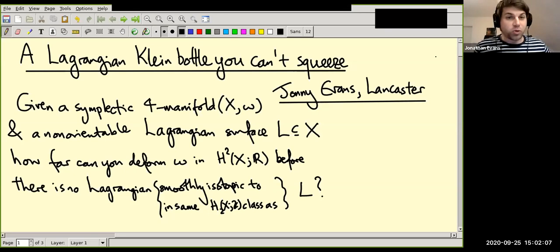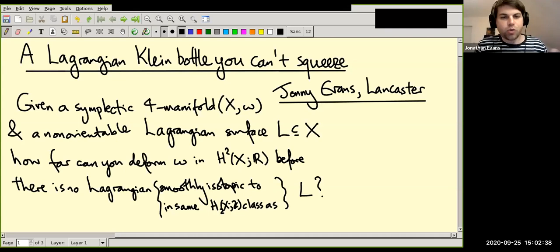So yeah, I want to talk about a Lagrangian Klein bottle that you can't squeeze. Let me explain the motivating problem that led me to think about this. You're given a symplectic four-manifold (X, ω) and a non-orientable Lagrangian surface inside X. I'll talk a bit about why non-orientable in a second. So the question is, how far can you deform the symplectic form ω in cohomology